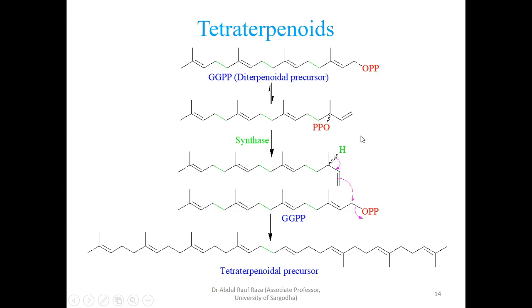following an SN2 mechanism. Both are possible: this leaves, the pi electron pair transfers to generate a double bond here, and a hydride is transferred to this. It also happens directly from here following the SN2 mechanism, it can produce this. SN2 is not possible here, as this is a tertiary carbon. So it may undergo an SN1 mechanism. First, this group leaves to generate a positive charge, and then the enzyme transfers a hydride, generating a hydrogen at this position.